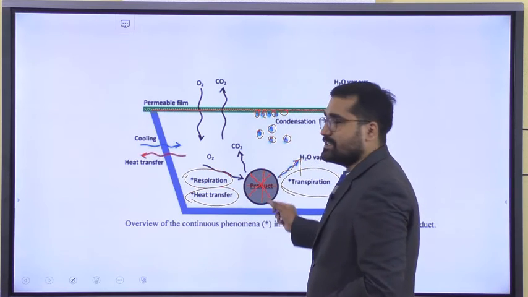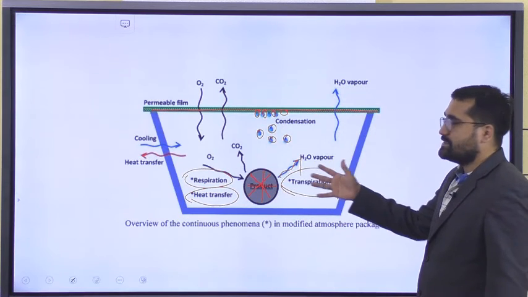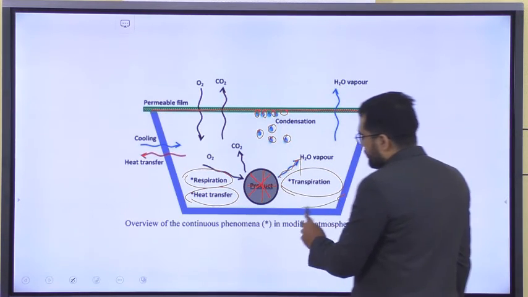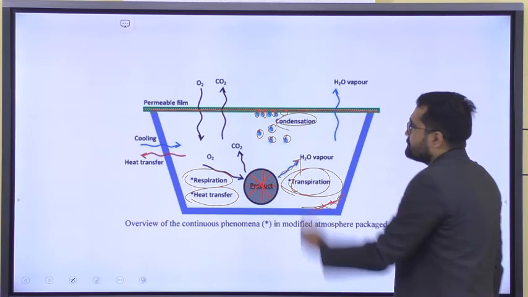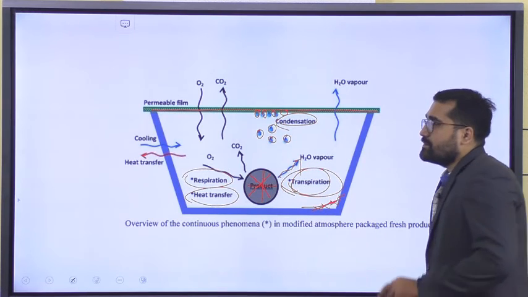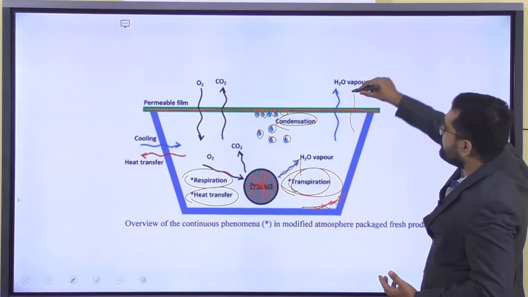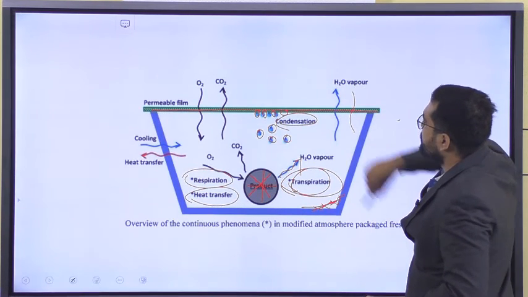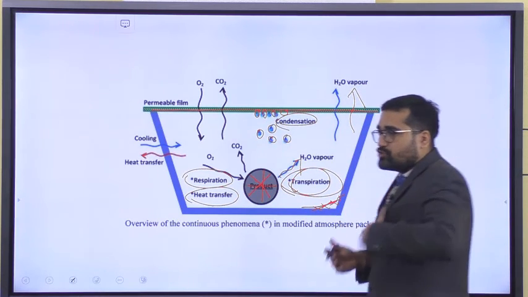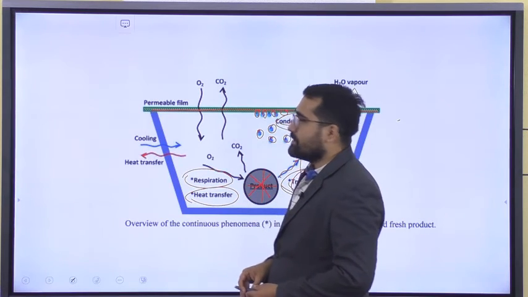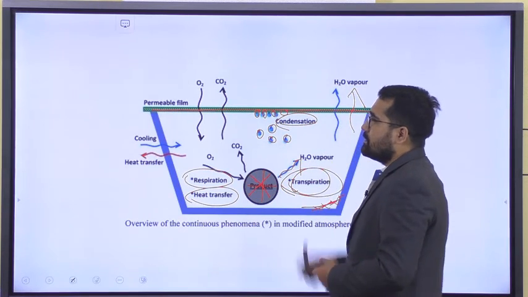Generally, this is the case when we are dealing with fruits and vegetables. We find water inside the packet. That water is because of transpiration and condensation. So that's why we need some holes or perforation inside our packaging material so that this condensation can be decreased. Correct? We provide some perforation so that H2O can be evaporated from the system. So this will be a permeable film which permeates CO2 or O2.